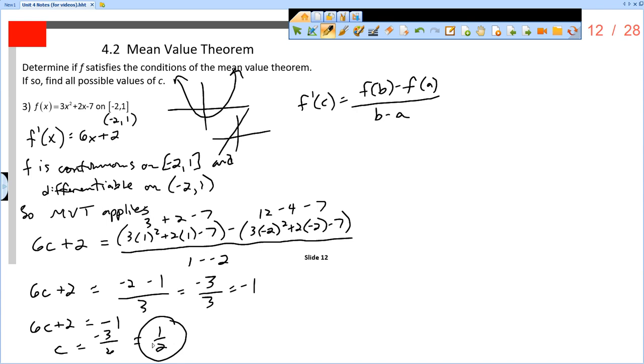Now, what if the value that we get is not between negative 2 and 1? Well, then we made a mistake, right? Because the mean value theorem guarantees that this is true. So, what must be the case? Well, either you incorrectly determined that it was continuous and differentiable, or you made some numeric mistake, or you made a derivative mistake, or you made some algebraic mistake. But you definitely want to go ahead and check that out. All right, so that